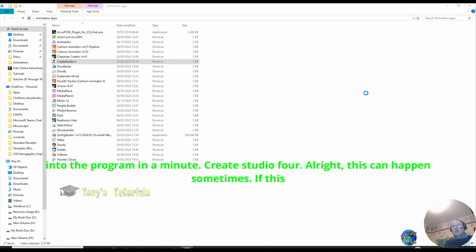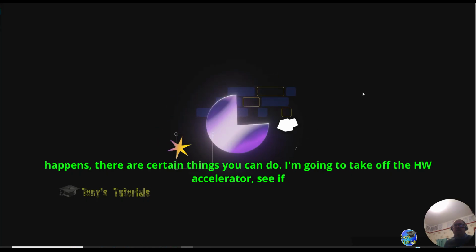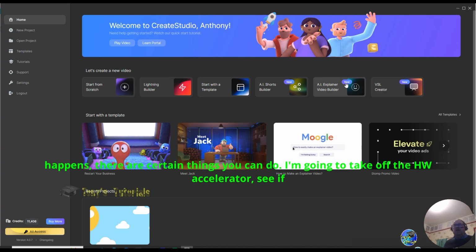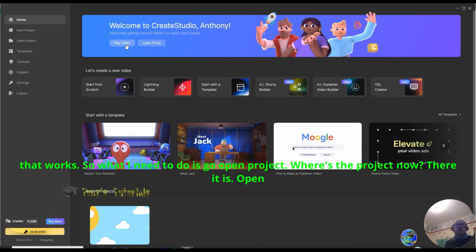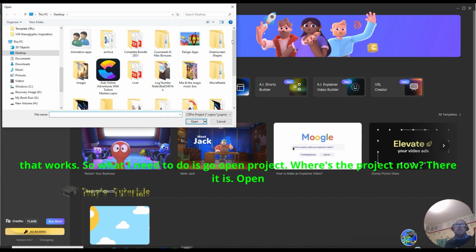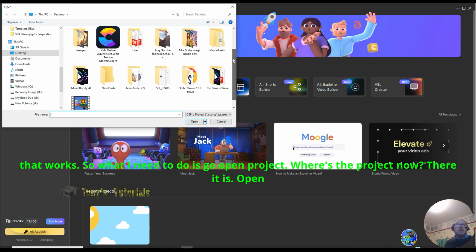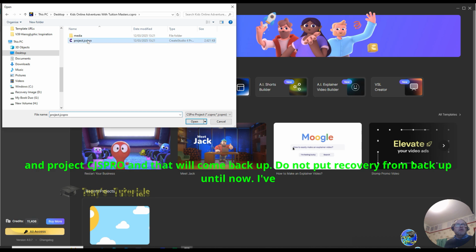Right, this can happen sometimes. If this happens, there are certain things you can do. I'm going to take off the HW accelerator, see if that works. Right, so what I need to do is go open project. Where's the project now? There it is. Open and project